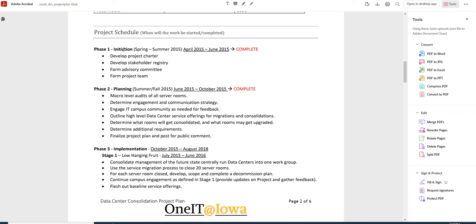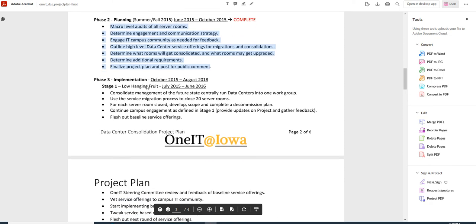So it's a simple thing. If you don't want to include any activity, you don't have to. If you don't want to mention forming the advisory committee, you won't mention it. Form project team, if you don't want to mention it, you can ignore that. The second one is project planning. This clearly discusses some of the important activities that will be performed based on the planning. And finally,